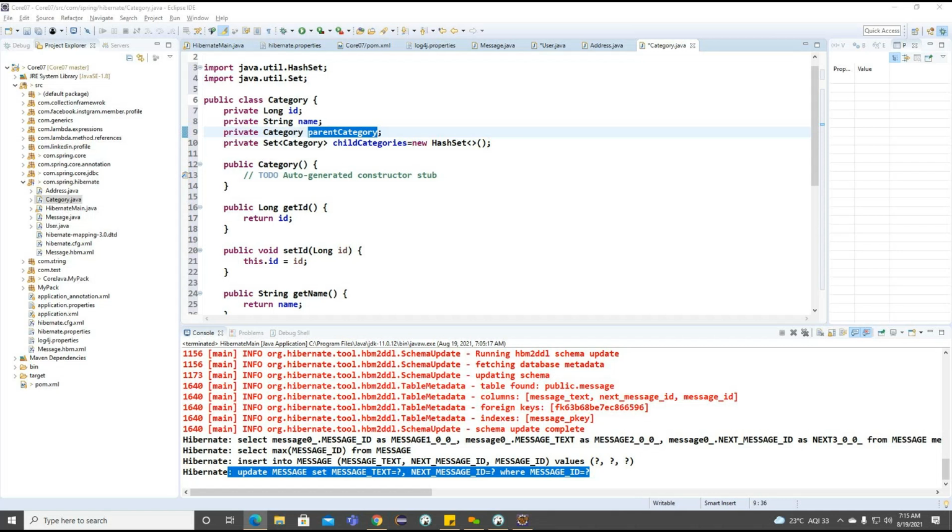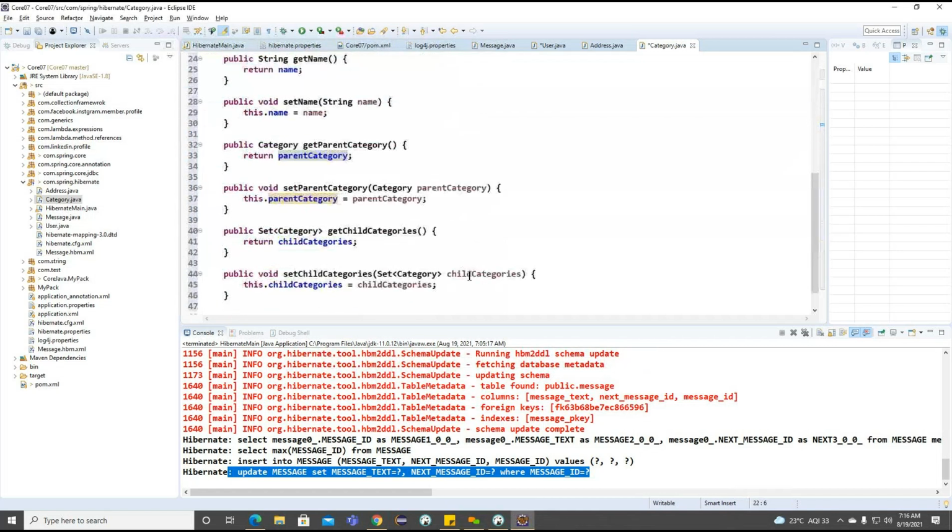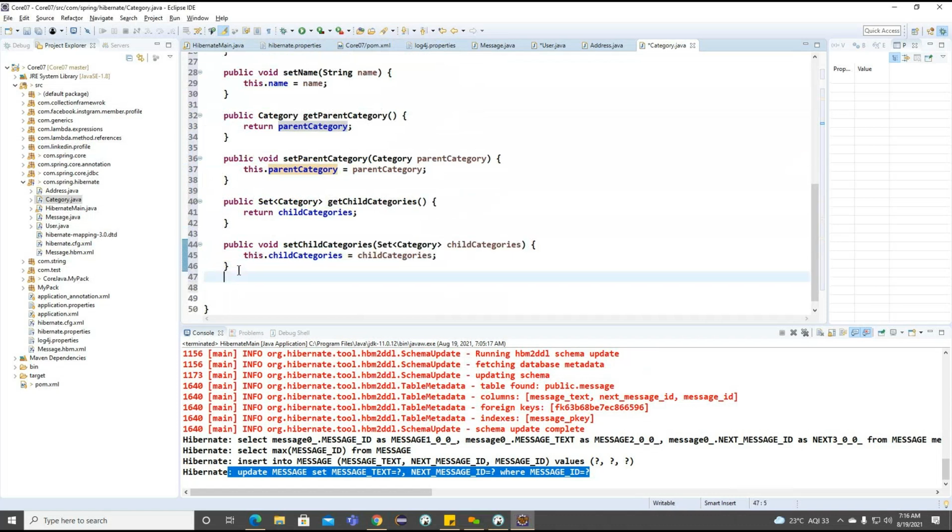Right. Now how can we write this bidirectional operation? Whenever we work on this association between the parent and child category, the parent category must be the parent of the child, so effectively the association between the child and parent needs to be available. To create this parent and child, what are the ways we can write it? We can define the objects like this. Let me write it inside this main method.